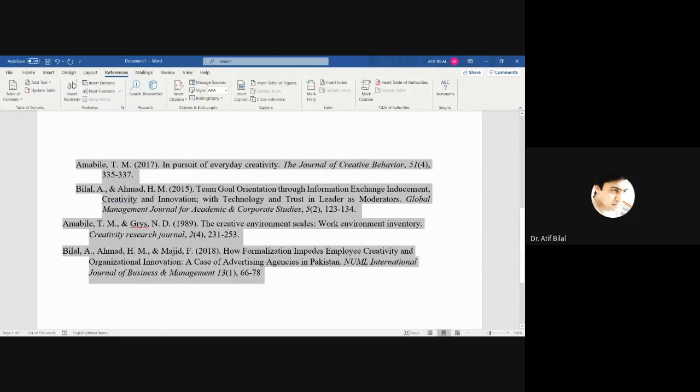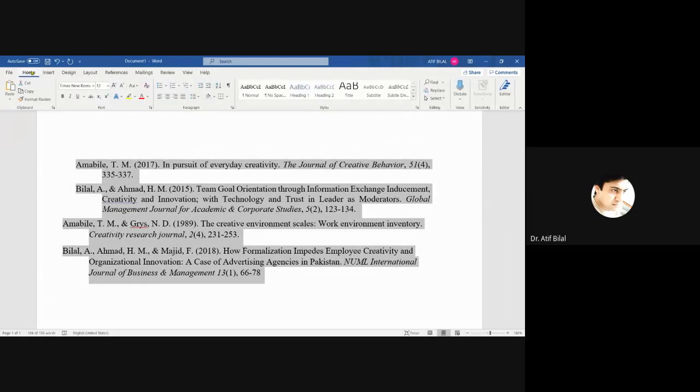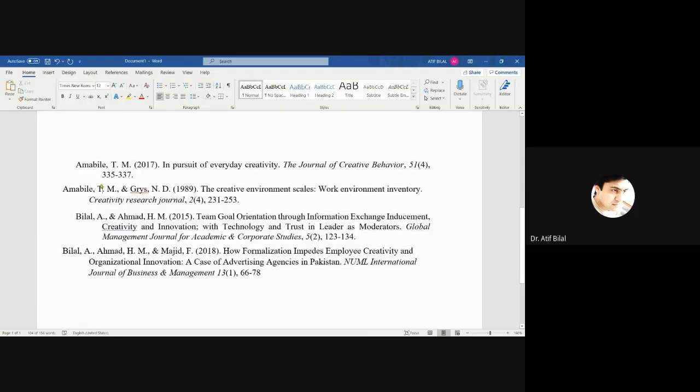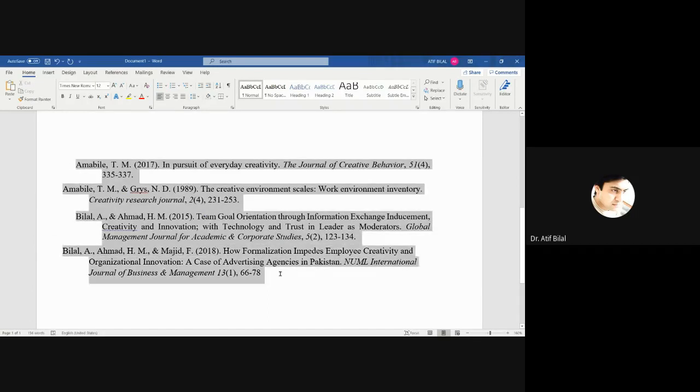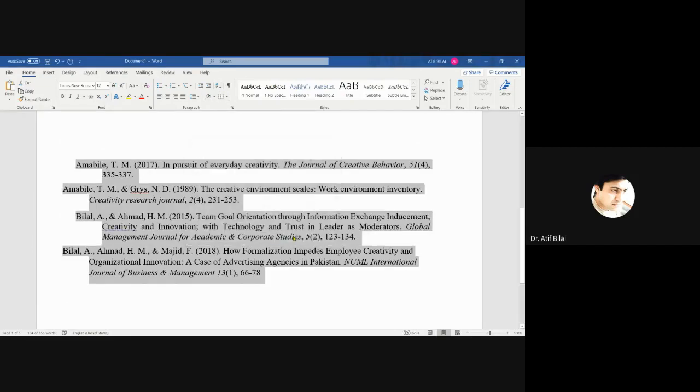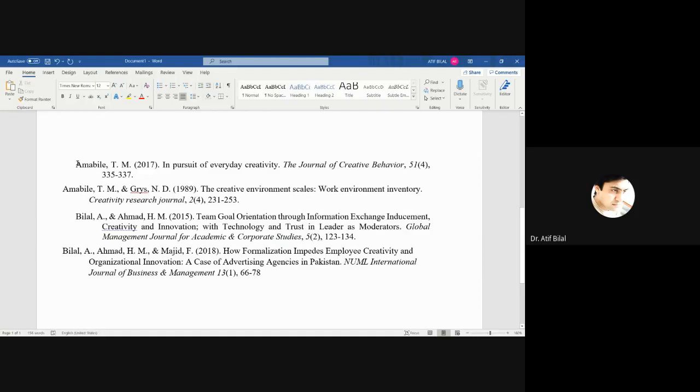Select all of them, go to the Home page, and there is this A to Z with an arrow. Just click this arrow, and it is going to ask whether, according to paragraph, you want to make it alphabetical order. Yes. So it has converted it into alphabetical order itself. This was like this, I did it from here, and it has converted into alphabetical order.